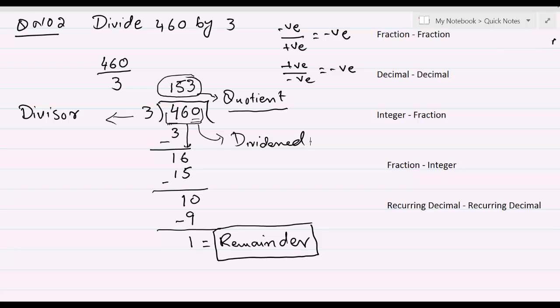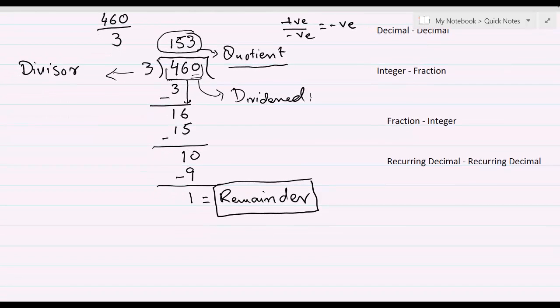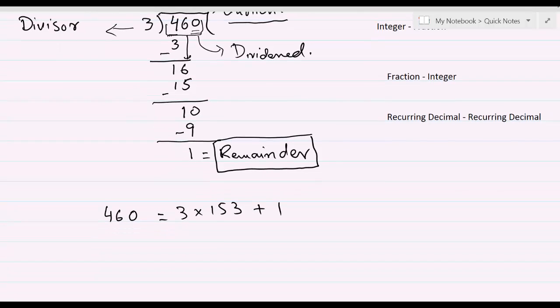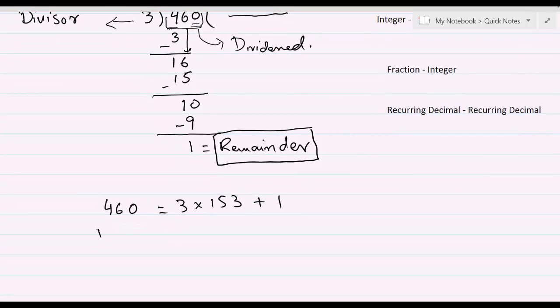But before we do the next question, I would like you to take a look at the arrangement we can write. Here we can write 460 equal to the divisor, which is 3, times 153, plus the remainder, which is 1. So in fact, this is dividend